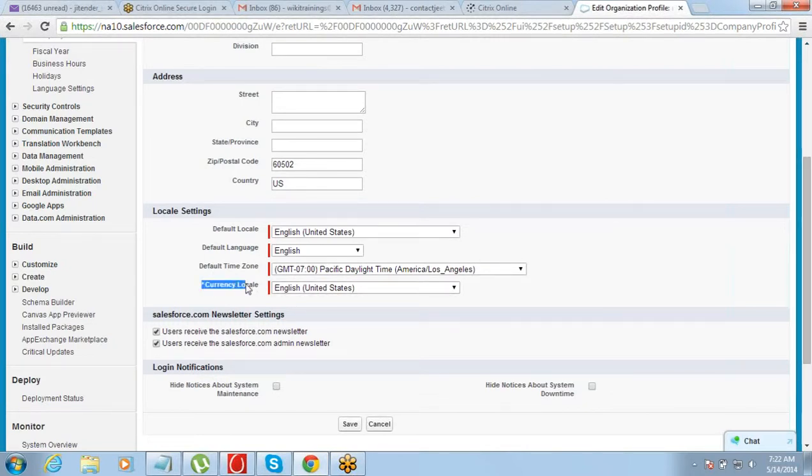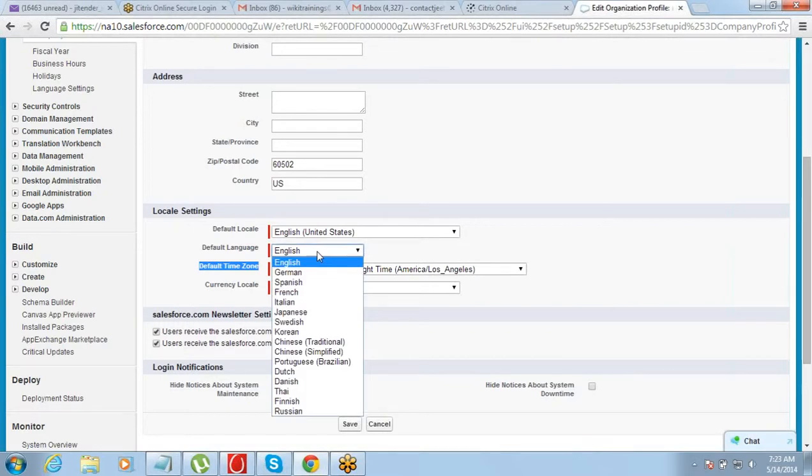So wherever there is a currency transaction, wherever you want to store information about currency, it will take the currency symbol from what you have defined here. Same way, if there is anything to do with time, it will consider the specific time in case you have selected this. And language also, you have to select which language you want to deal in. You want French or Russian or English, right?